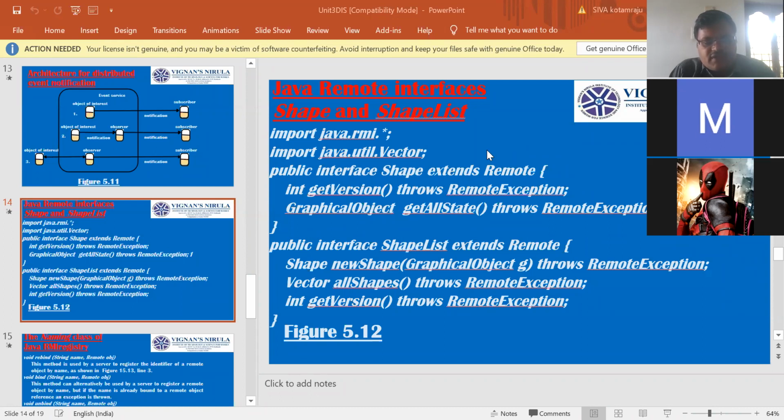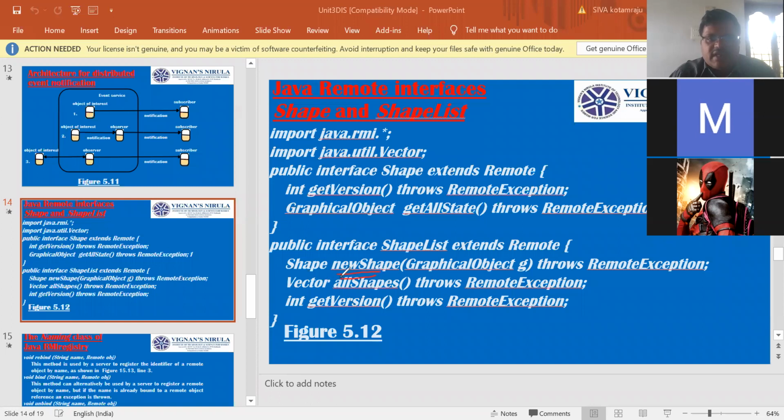The return value of the method newShape is defined as Shape, a remote interface. You can see it in the slide.